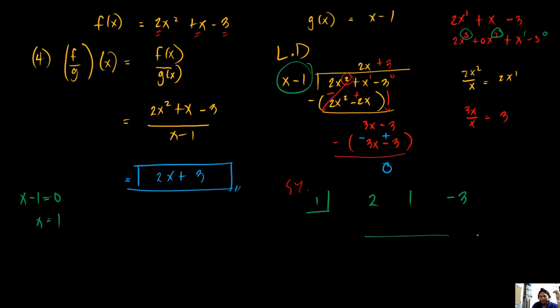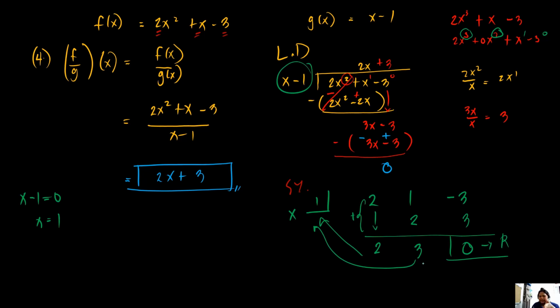So, 1. So, all you have to do is bring down the first numerical number, which is 2. 2 times 1, we will have 2. Then, eto, class, add. Okay, add siya. So, 1 plus 2, we will have 3. Then, 3 times 1, we will have positive 3. Negative 3 plus 3 is 0. Yung nasa dulo, class, that is our remainder. Okay, katabi ni remainder lagi ay si constant. Katabi ni constant, si linear. Katabi ni linear ay si quadratic,